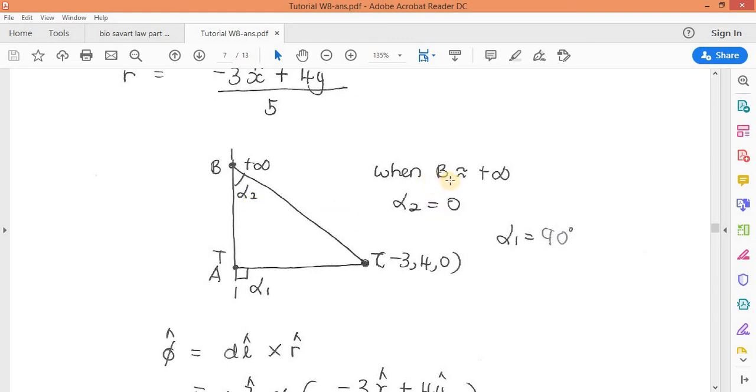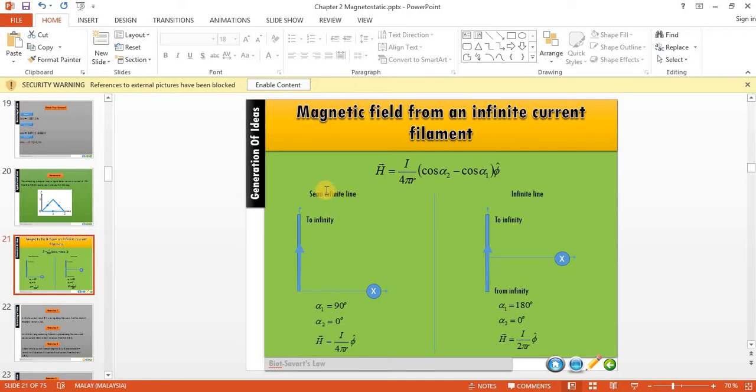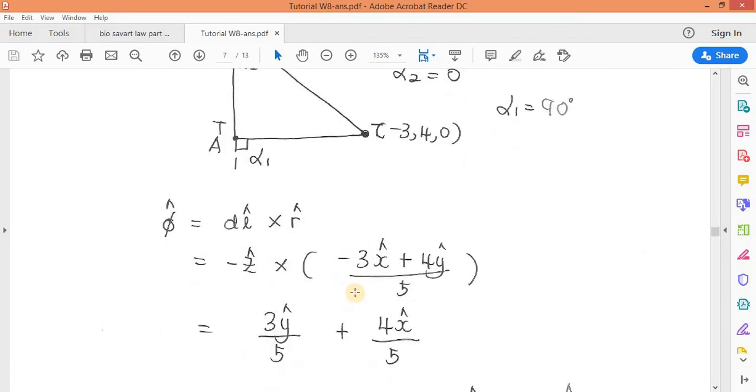When your B extends to infinity, your alpha 2 will be approximately 0, and your alpha 1 is 90 degrees. It is the same as the condition of the angle for this semi-infinite line, and its equation is this one. So in this case, you do not need to apply this equation, but you can apply this equation directly. So for your phi,